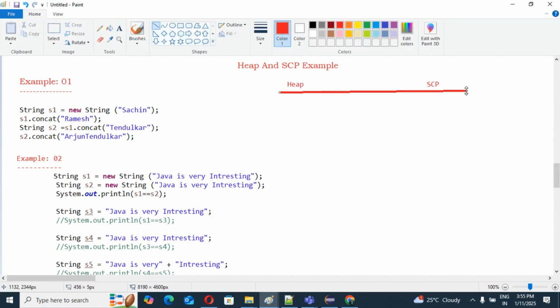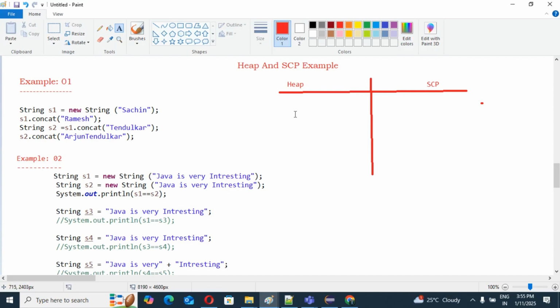For the first example, I am going to explain the memory management, or how our object is going to be placed in our respective area. With this first line, you can see here String s1 equals new String, we are passing Sachin. So with the new keyword, whenever you create an object with the help of the new keyword, one object will be created in our heap area compulsorily.